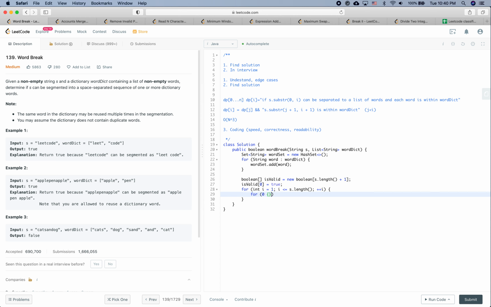So for int j is equal to 0, j should be smaller than i, and plus plus j. So if dp j and word set dot contains s dot substring, beginning index of course is j, and the end index is i, and we exclude the i. Okay,